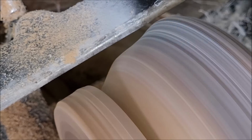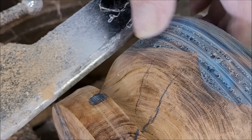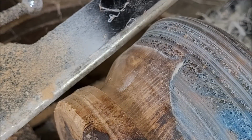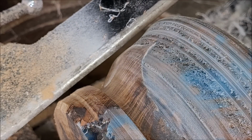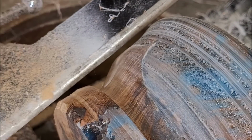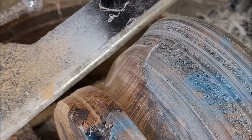Ow! Oh, hit me right in my belly button. That's what I get for trying to reach out too far. Look at that. Ah, it's okay. I was going to take that off anyways, now that it's screwed up. What can you guys see? Oh yeah, you can see it. I'm bleeding again. That one hurt. Hit me right in my belly button too. Oh no, it didn't. Anyways,